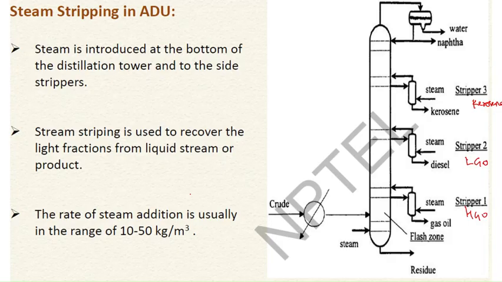Basically, in simple layman language, we can say for further purification of these kerosene cuts, we do the steam stripping. So steam is introduced at the bottom. As you can see here, if this is the kerosene portion, this is the portion coming from the atmospheric distillation unit. From here, steam will be introduced. This kerosene is coming below. This steam, when it goes up,